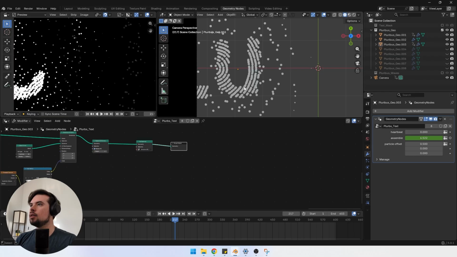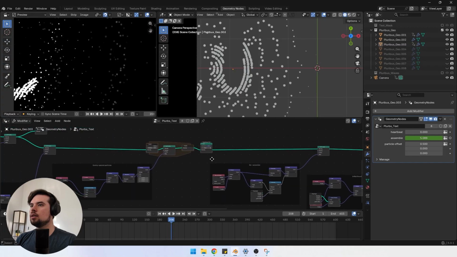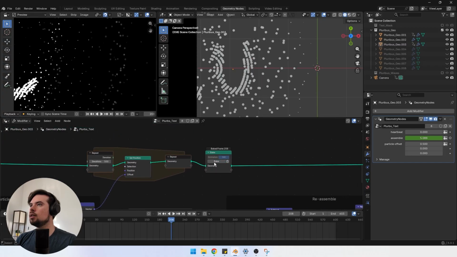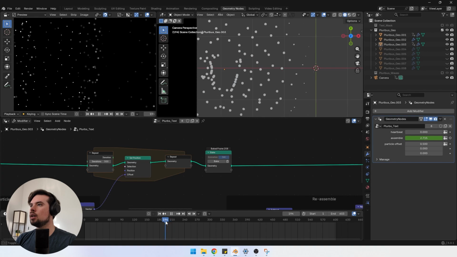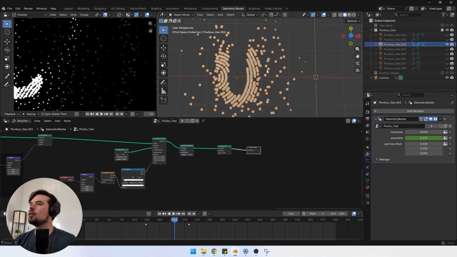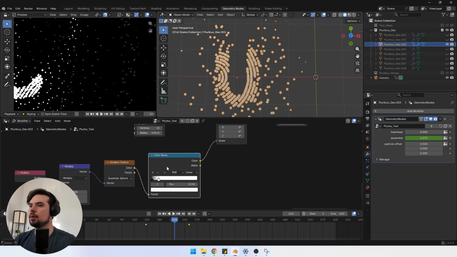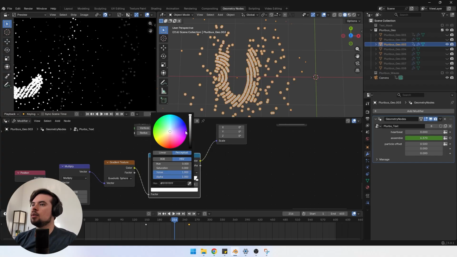So let me go back to this, and don't forget to rebake. And there we go. Our dots are more spaced out with each other. Anyways, let's scale down our dots until they reach more of the center. I think I should be able to do that just by adjusting this color ramp. Let me create a new handle and set this one to white and set this middle one more to gray,